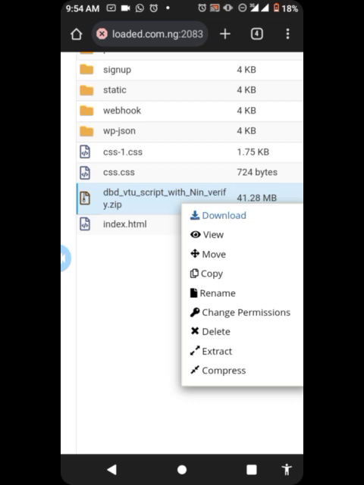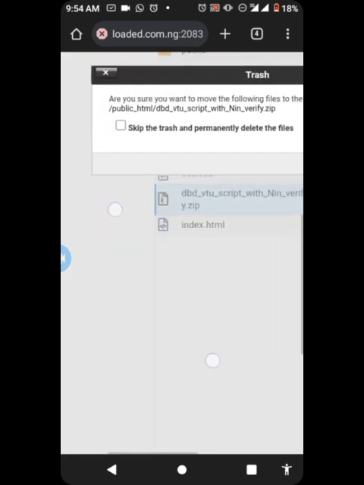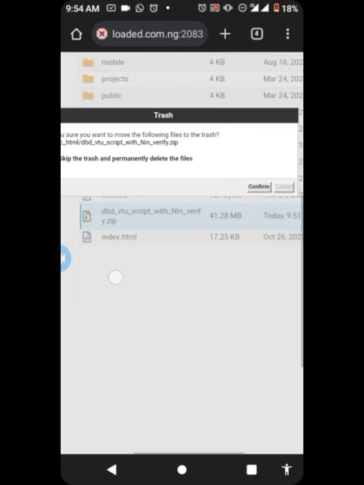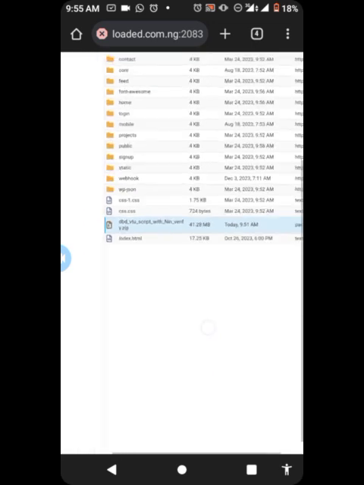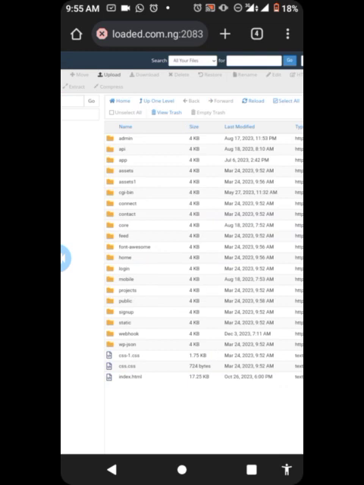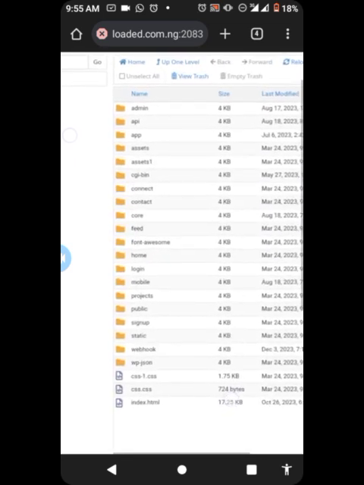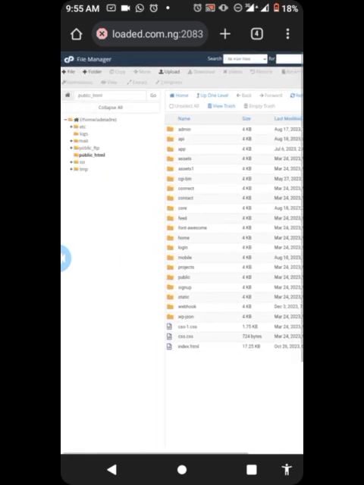So delete zip file. Don't touch any other thing. Confirm. Alright, the zip file has been deleted. So the remaining things are intact. Alright, so the next thing we have to do is to upload